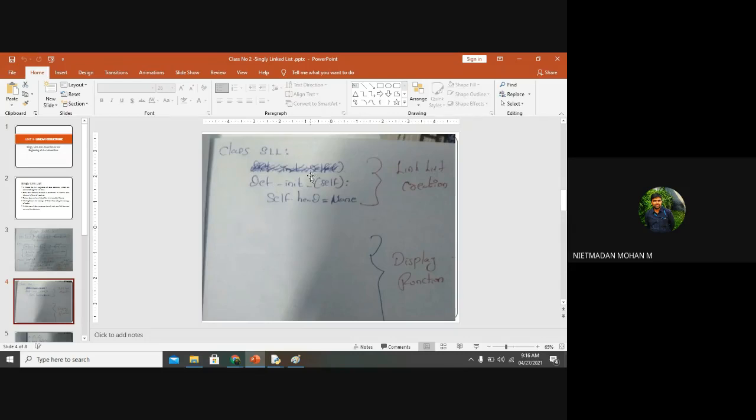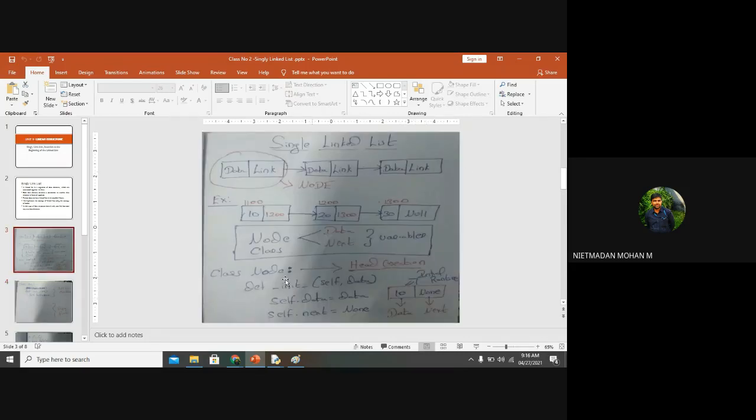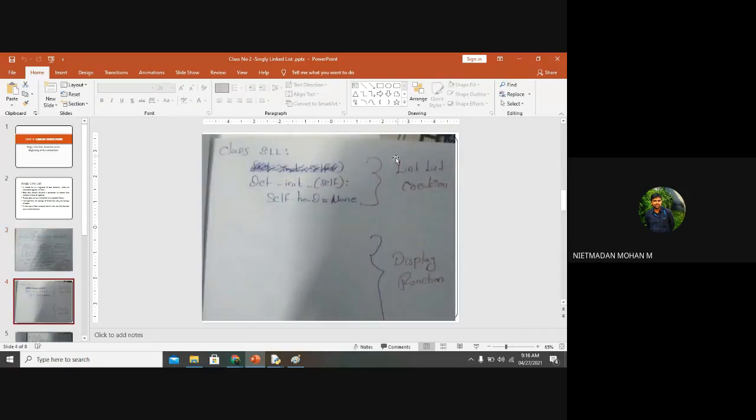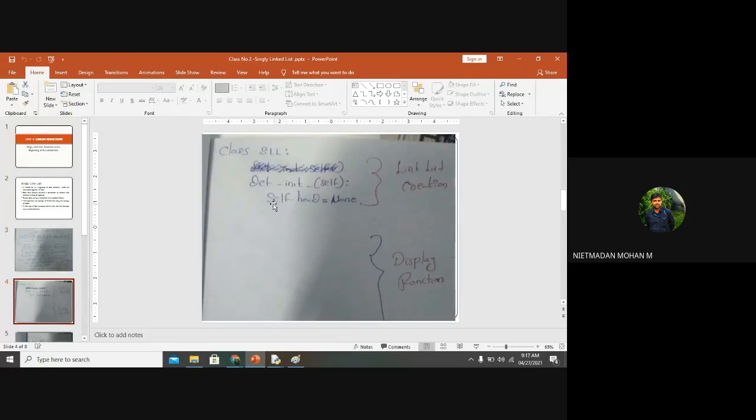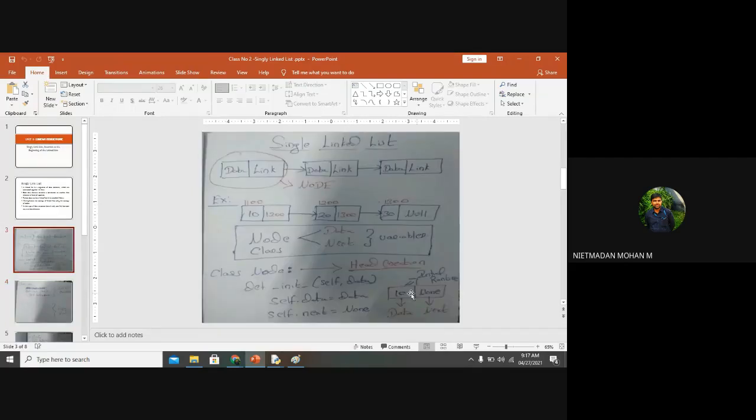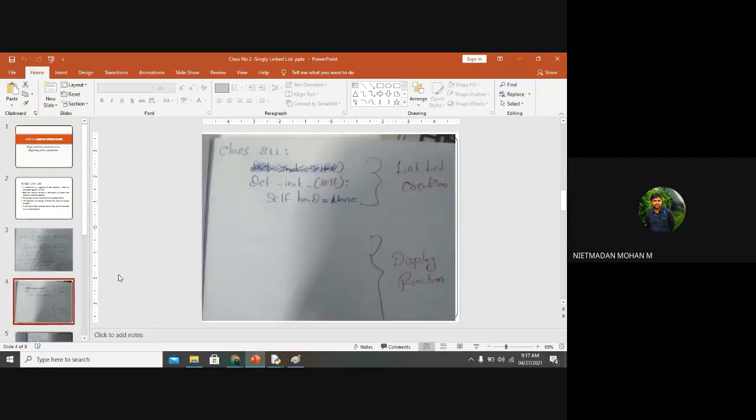Okay. So first I have created the node, and next I am creating a linked list. This is the linked list creation, def underscore init of self. That is a constructor that I am going to use. Here I am mentioning that I am not having any head as of now. At the first initialization, I am not having any head. So I am representing that self dot head is equal to none. In case I get this first data, this first data will be represented as head when we go to the display function.